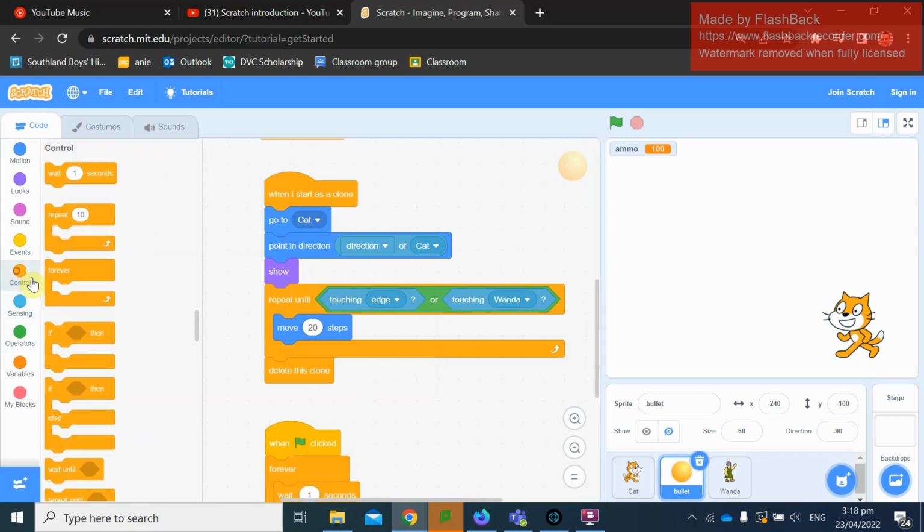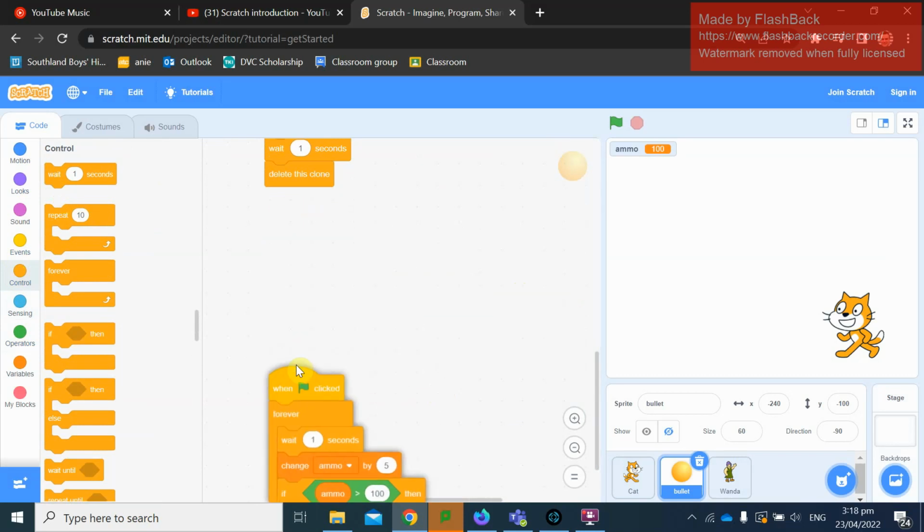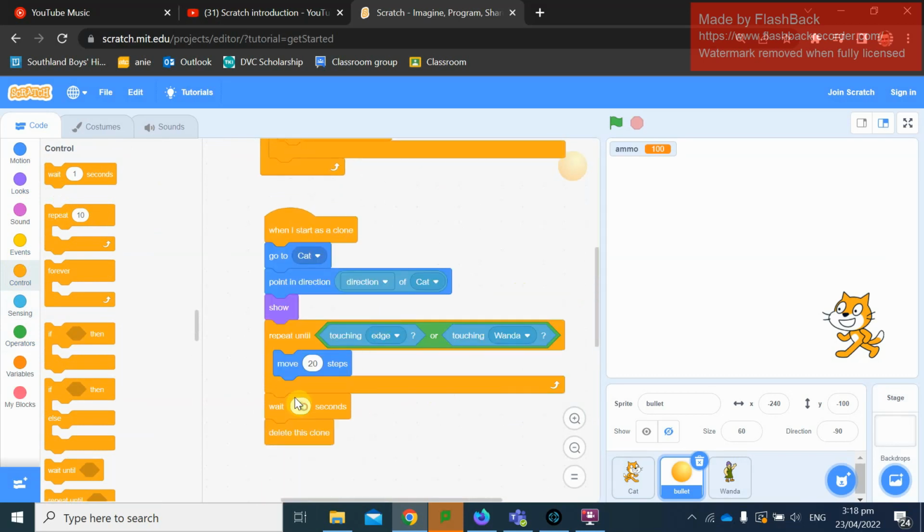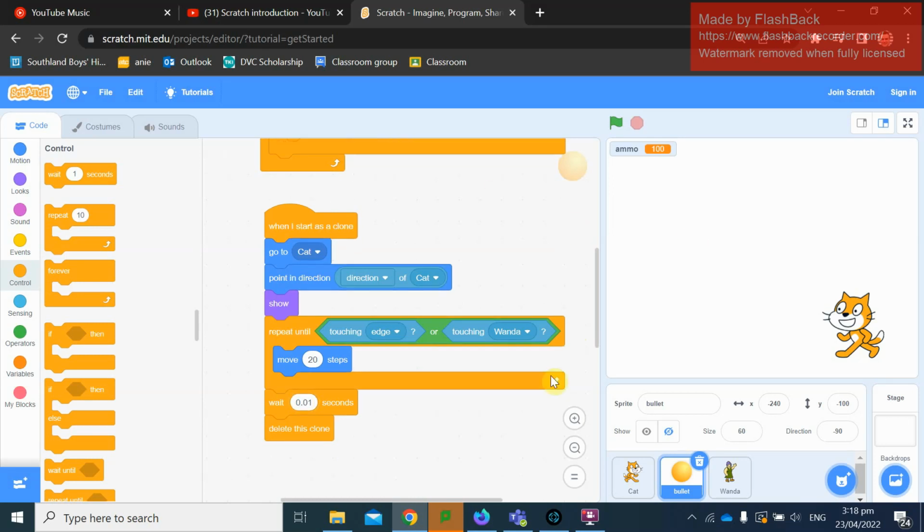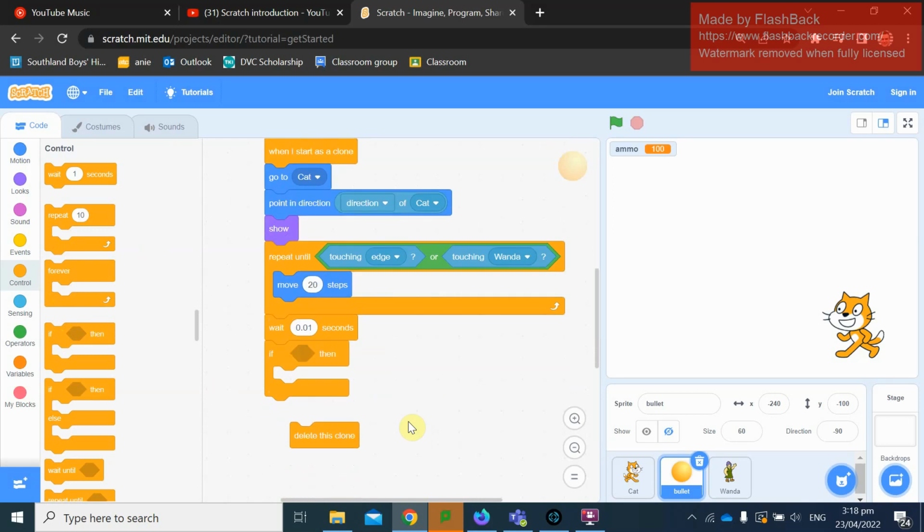Sensing. And this is where I'm going to do a little bit of magic here. I'm just going to go wait a fraction of a second. There's a reason for this, and it's a very Scratch specific reason. 0.01 of a second. Now that seems like no time at all, but to Scratch, it's quite a long time. So I'm going to say if sensing touching wander,